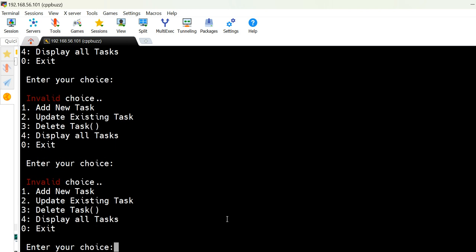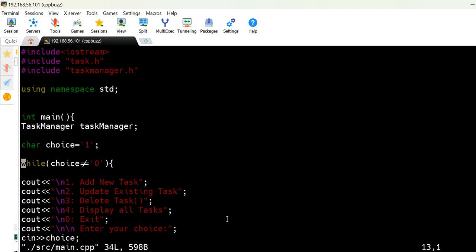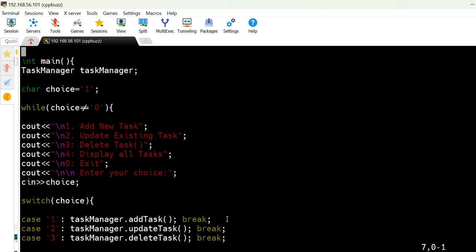We'll go back. We'll just say 0. Something is wrong in the main.cpp. Why it is saying invalid choice all the time? Is looping. Oh, invalid choice 1. If it is not 0,